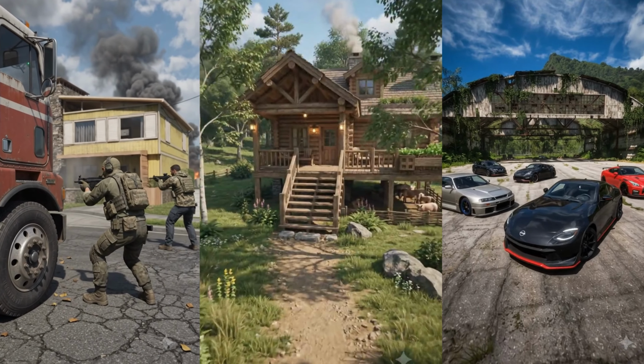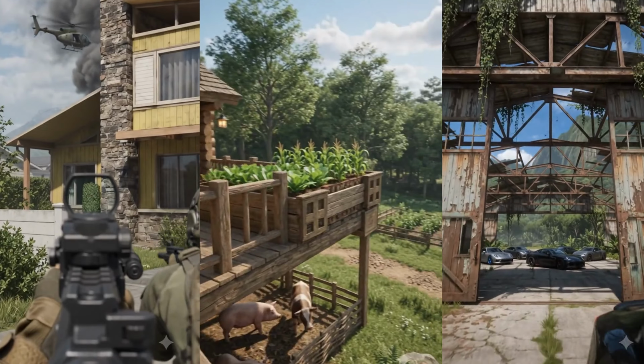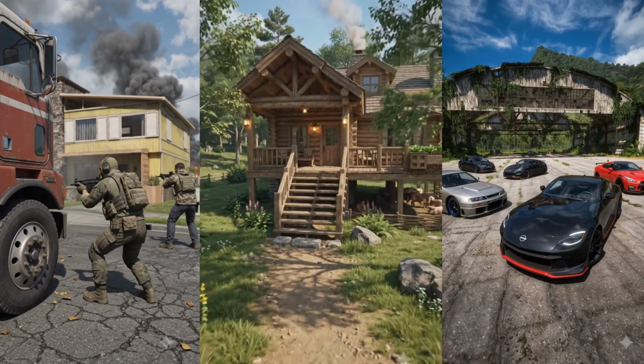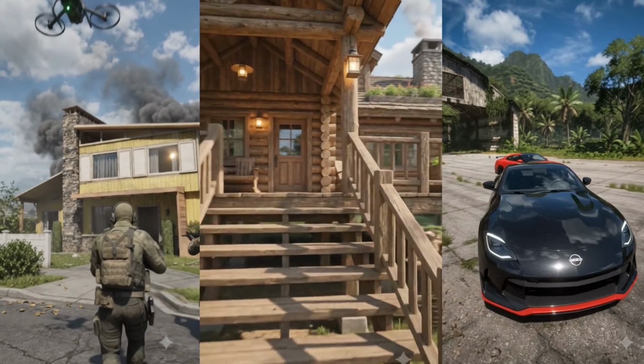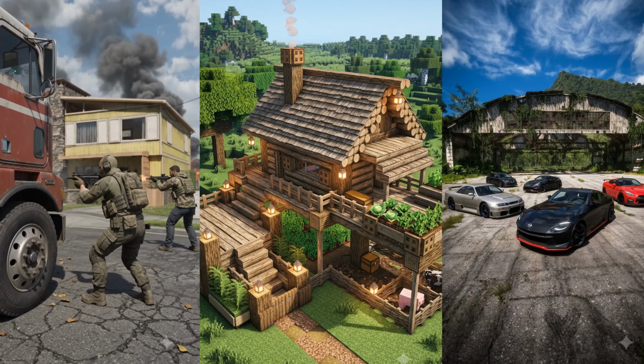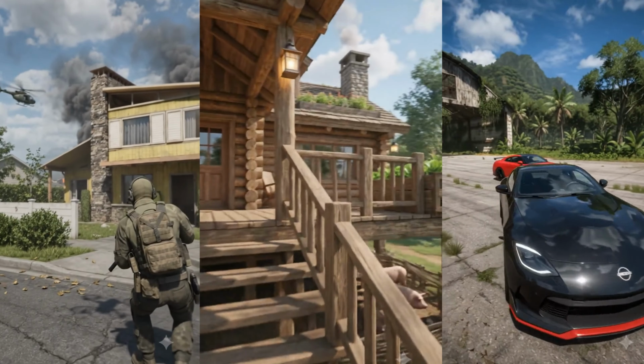These videos where cartoons and game maps get turned into real life are blowing up right now. They are pulling in millions of views, taking any animated scene, a cartoon house, or a Call of Duty map and making it look like a real place someone filmed on their phone. I'm going to show you exactly how to make them yourself, and all you need is a screenshot and 2